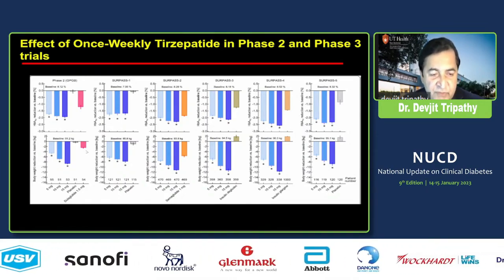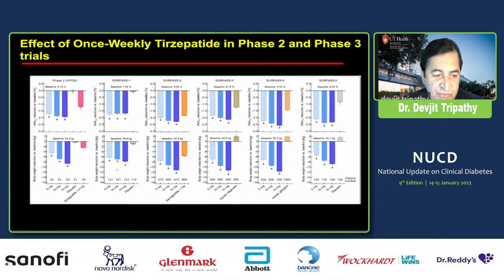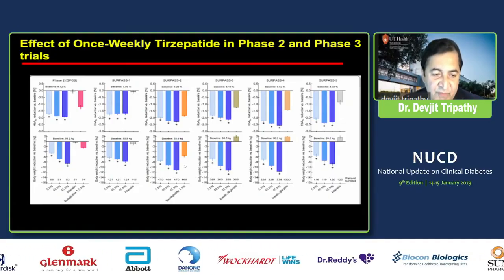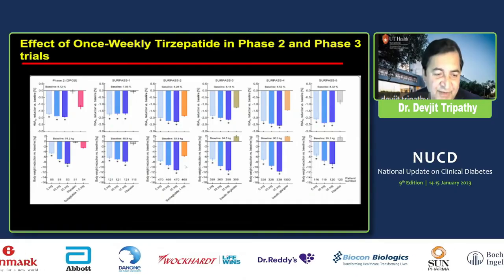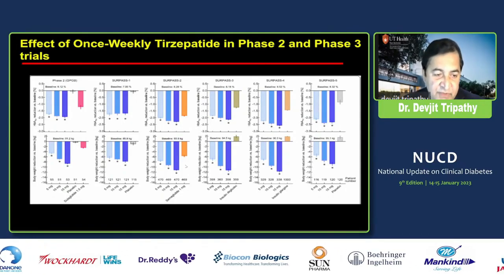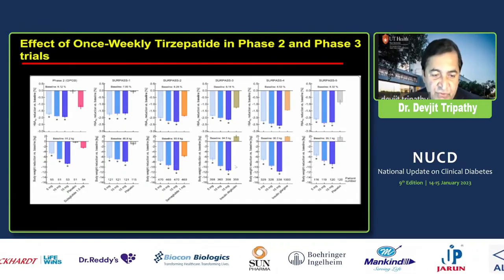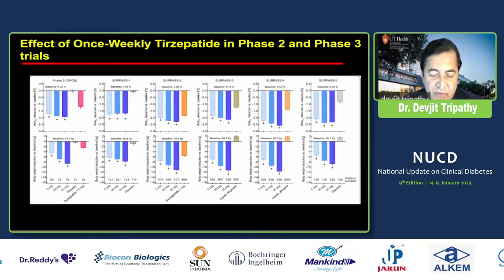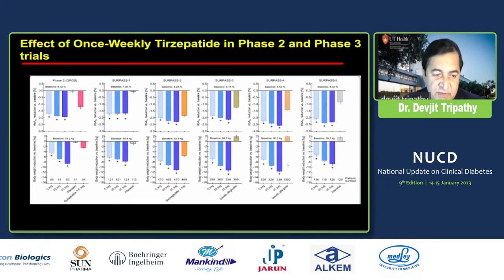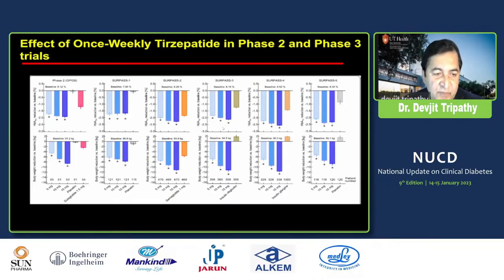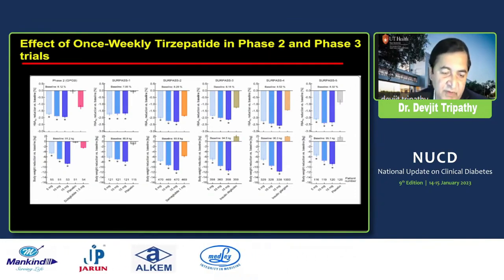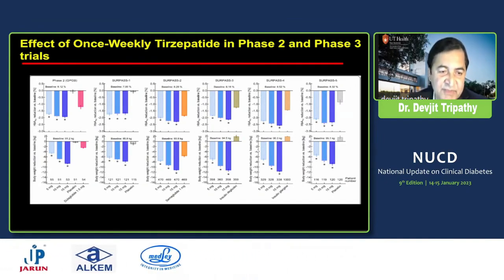The bottom panel shows the effect on body weight, again showing 8 to 10 kilograms of weight loss, which is about 10 to 15% weight loss. Again, no other drug leads to that weight loss, except semaglutide high dose 2.4 milligram, which can lead to 15% weight loss. And again, consistently about 10 kilograms of weight loss. So overall, in these studies, tirzepatide causes about 2% lowering of A1C and 10 to 15% weight loss in patients with type 2 diabetes.